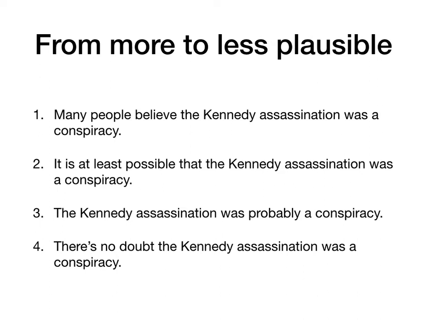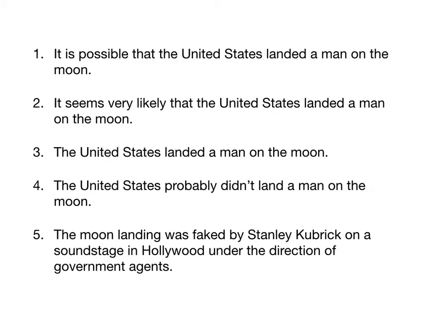Or let me give you another example. It is possible that the US landed on the moon. It seems very likely that the US landed on the moon. The United States landed a man on the moon. Sorry. Possible we landed a man on the moon. Likely we landed a man on the moon. We landed a man on the moon. The United States probably didn't land a man on the moon. Finally, most controversial, in fact, almost certainly false: the moon landing was faked by Stanley Kubrick on a soundstage in Hollywood under the direction of government agents, right? Now,